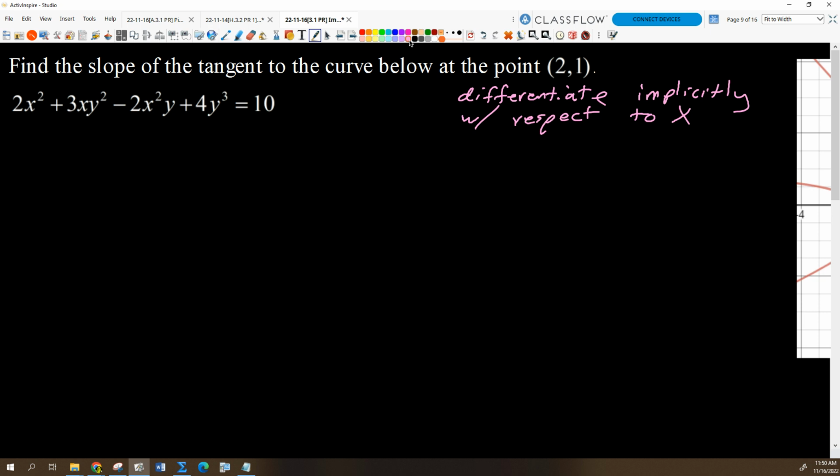So what do I get from, first one's easy. That one we could have done weeks ago. What's the derivative of 2x squared with respect to x? 4x. No big deal. Okay, what about this guy? Now this guy here,